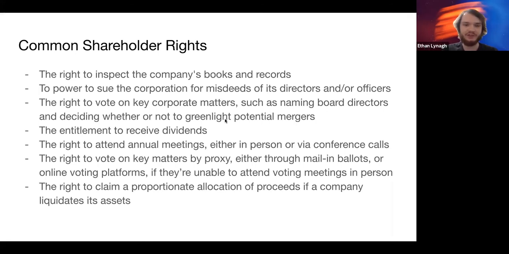Usually, depending on what type of stock you own, you have the right to vote on company matters, such as their board of directors and so on. Not always, but some companies will offer dividends. Think of this as sharing the profits of the company. If a company makes a large profit, they may hand out dividends, which is your share of what the company is making. Most companies also have annual meetings.